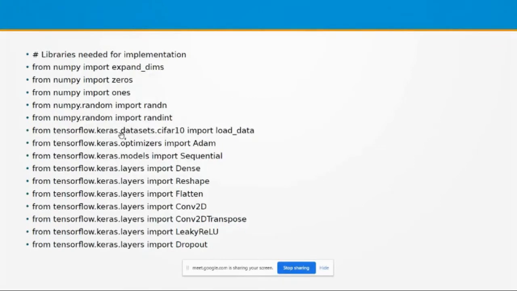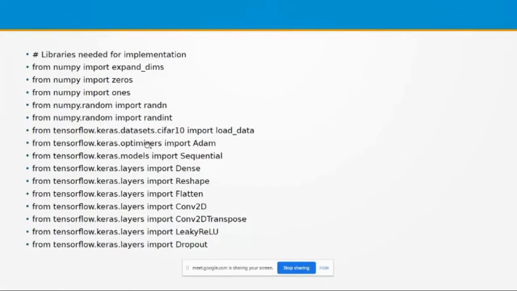From TensorFlow.keras.datasets import CIFAR10 load data, because CIFAR10 is an experimental data set already available in Keras. And in order to work with that particular data set, we have to include this statement, from TensorFlow.keras.datasets, CIFAR10 import load data, for creating the training and test data set.